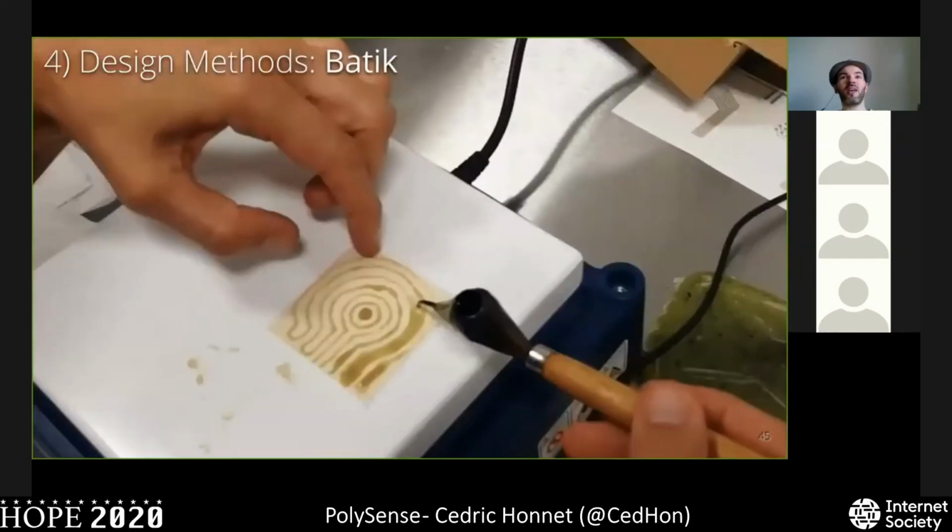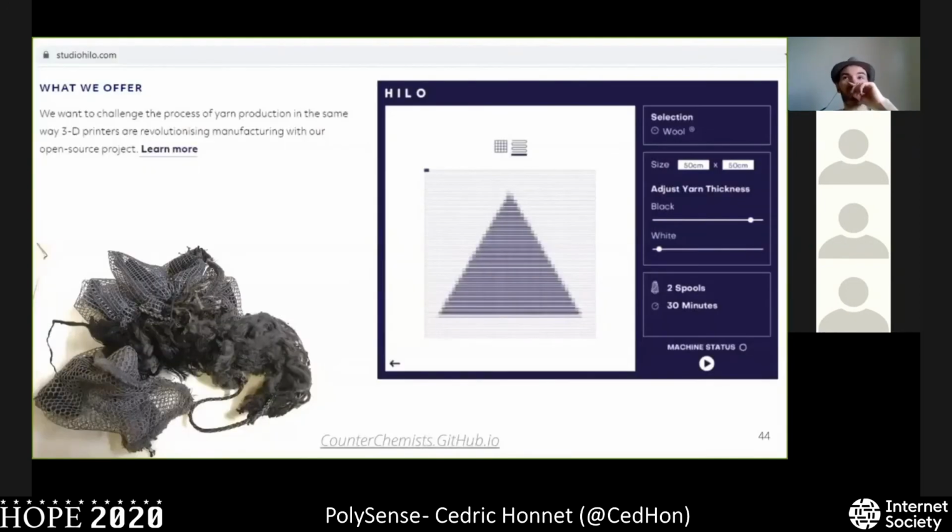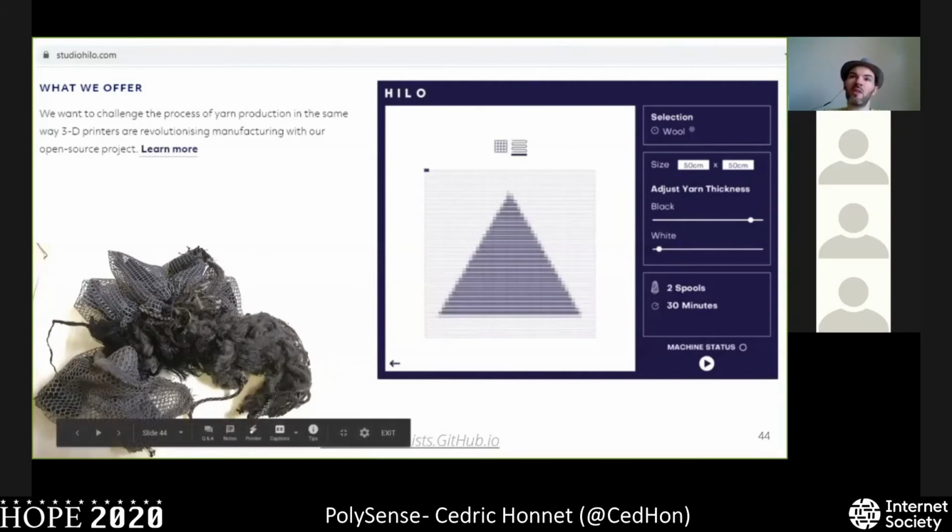So we actually haven't done that yet; this is a work in progress. Studio Hilo allows making patterns of woven textiles that have either functional or non-functional fabric. For example, you can imagine this triangle could be a pressure sensor or a capacitive sensor, but you can make any kind